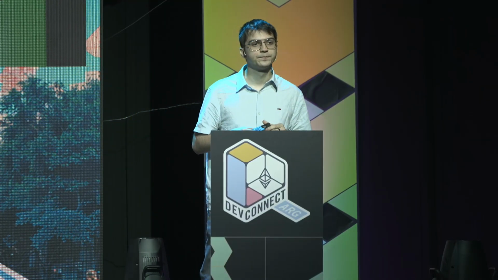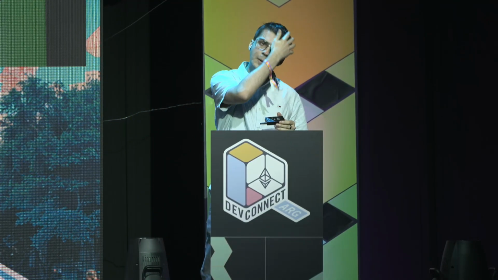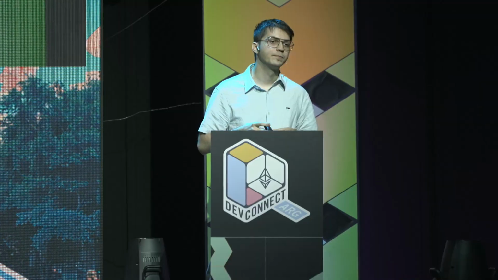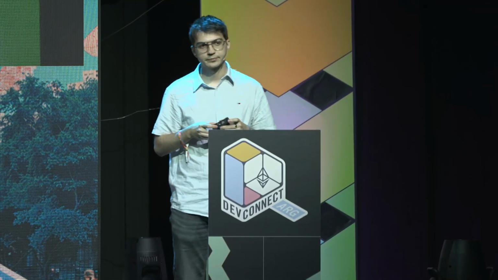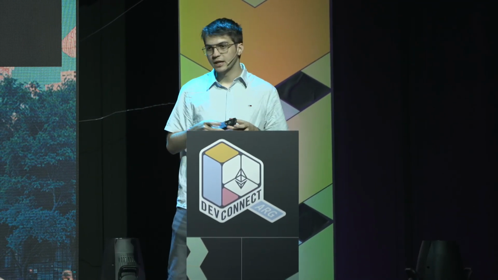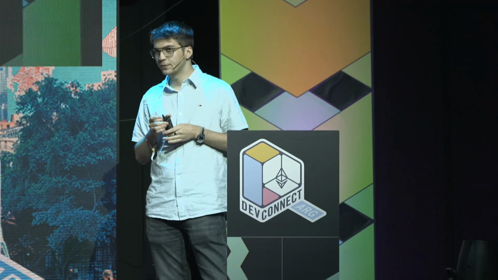And now for my question. Contracts need to run on-chain, so they need to be compiled to EVM, obviously. But tests are never intended to run on-chain. So are there plans to compile tests to x86 or ARM64 and not have to play around with stack too deep when you're just writing a test? Right, and it doesn't make sense. Yeah, that makes sense. We haven't discussed this, but that's definitely an interesting